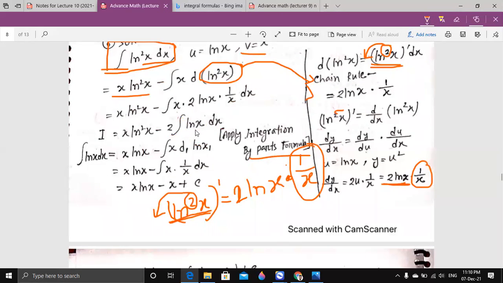So it is maybe simple, like we let ln x equal u and x equal v, okay? That means integration of u dv. So it will be u multiplied by v minus integral of v. You can see here I write d1 because already